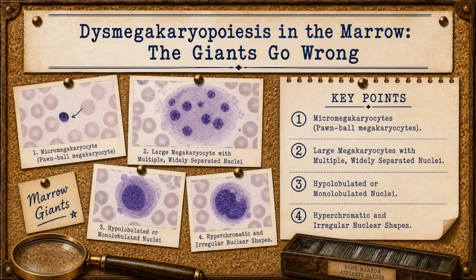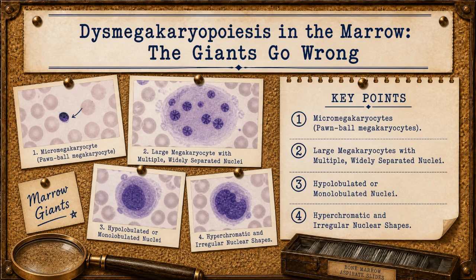Alright, histotechs, we've seen the abnormal platelets and micromegakaryocytes in the peripheral blood. Now, let's go to the source and examine dysmegakaryopoiesis in the bone marrow. This is where the megakaryocytes themselves exhibit a wide array of morphological abnormalities, reflecting the underlying dysplastic process. One striking feature you might encounter is large mononuclear megakaryocytes. Normally, mature megakaryocytes are large cells with highly lobulated nuclei. In MDS, you might see abnormally large megakaryocytes that, instead of having a complex, lobulated nucleus, have a single, often